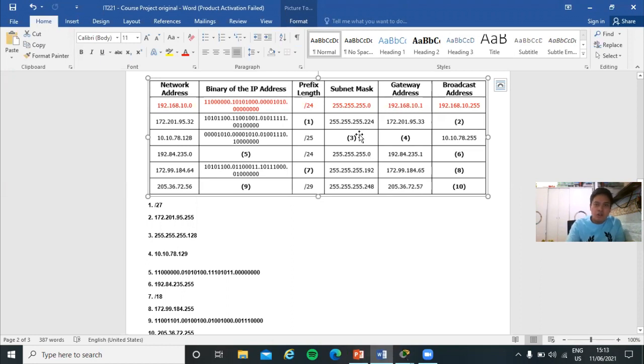Number 3, so /25. I will put 255, 255, 255, and 128 is the additional one subnet mask bit. So /25. And then number 4, which is 10.10.0.78.129, because the gateway address should be only 1 added to the end of the IP address. Number 5,